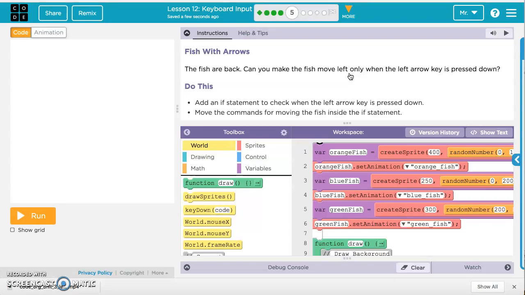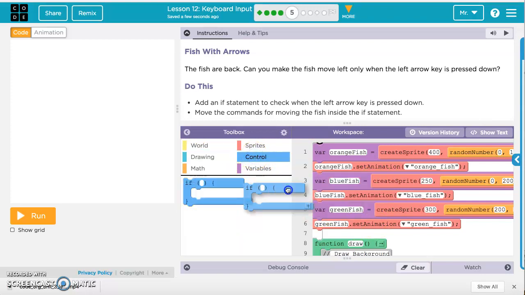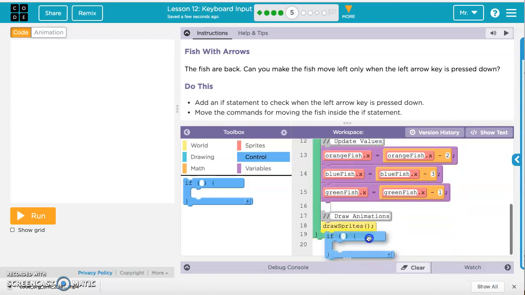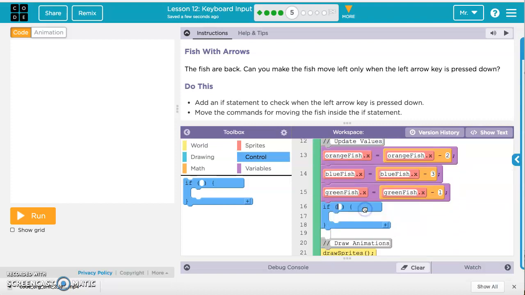Exercise 5, fish with arrows. The fish are back. Can you make the fish move left only when the left arrow key is pressed down? So you move left only when the left arrow key is pressed down. So add an if statement to check when the left arrow key is pressed down, and move the commands for moving the fish inside the if statement. So we'll go to control, grab our if statement, we'll come down here, and we'll say, let's put it right here,